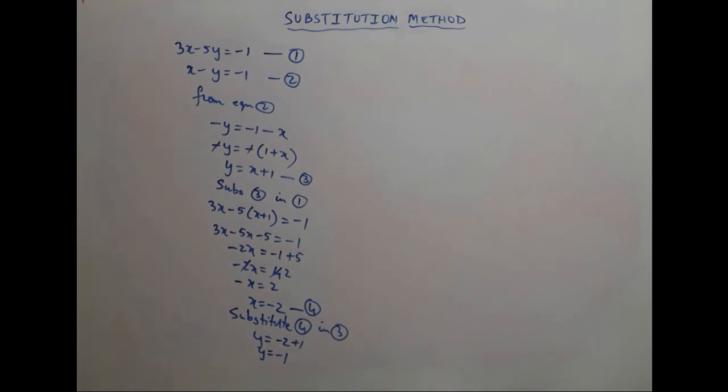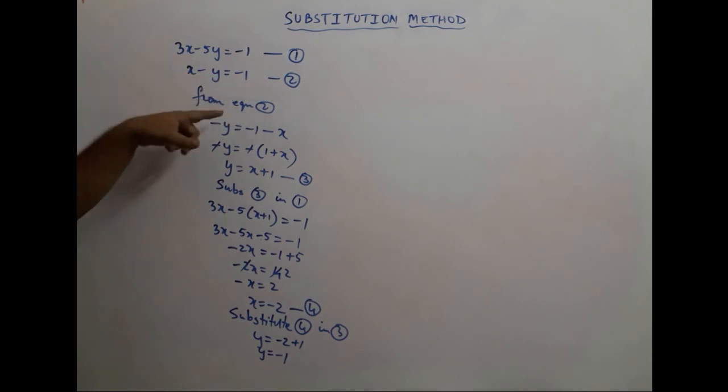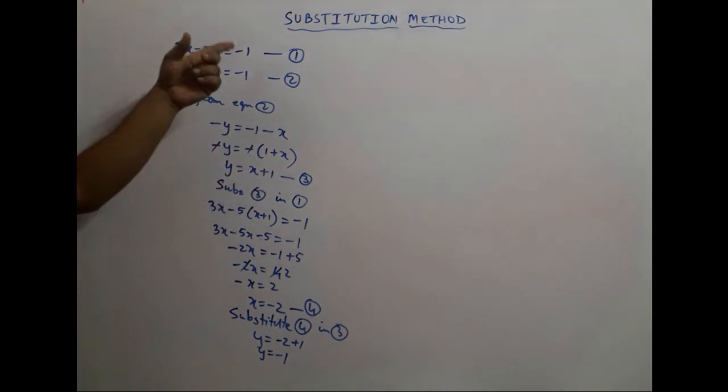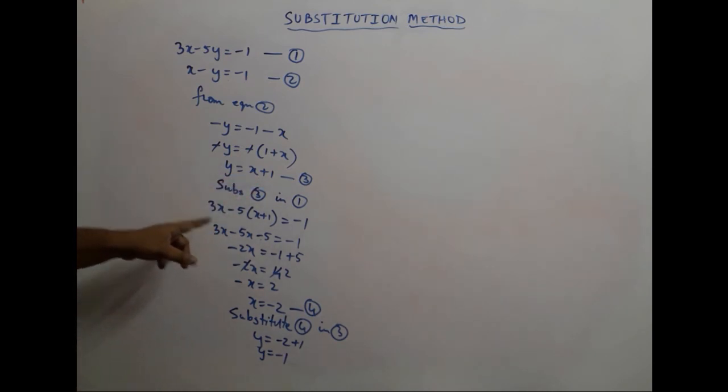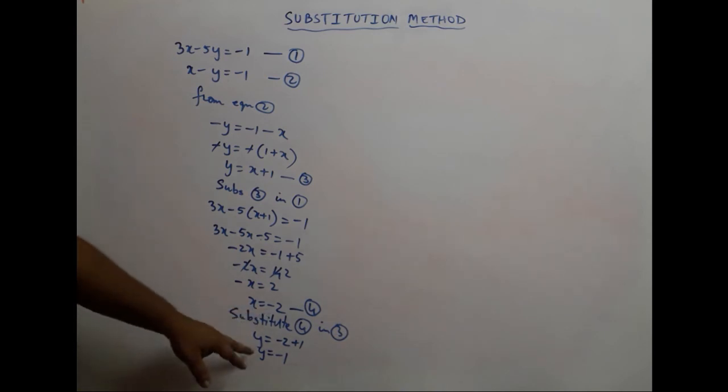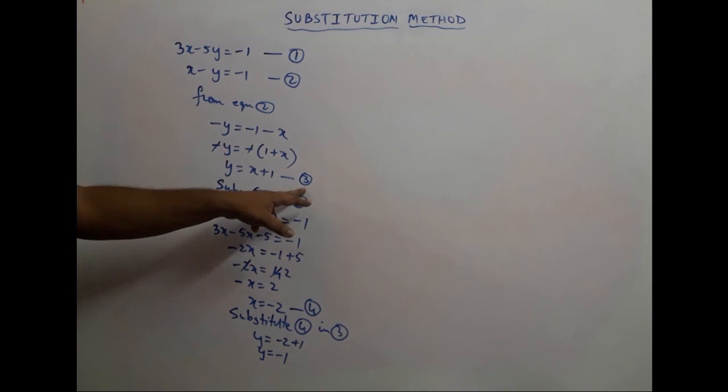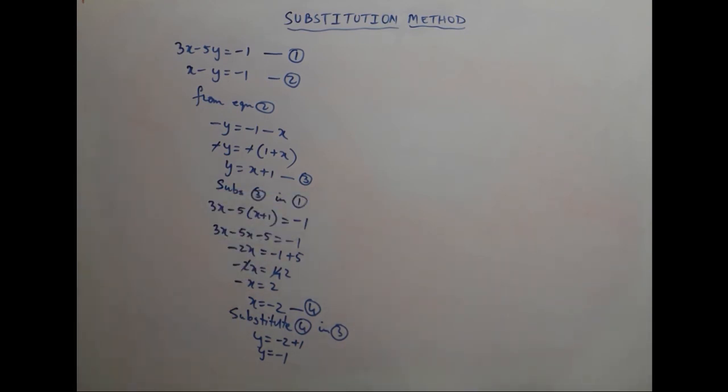So in this problem, first we found out x. Okay, and in this equation we also substituted the equation 2, and the equation that we derived, we substituted it in 1 to get a tentative value of y. Then we went to find out about x. We got x, and once we got x, we substituted it in 3 to get the value of y. So we get x equal to -2 and y equal to -1.